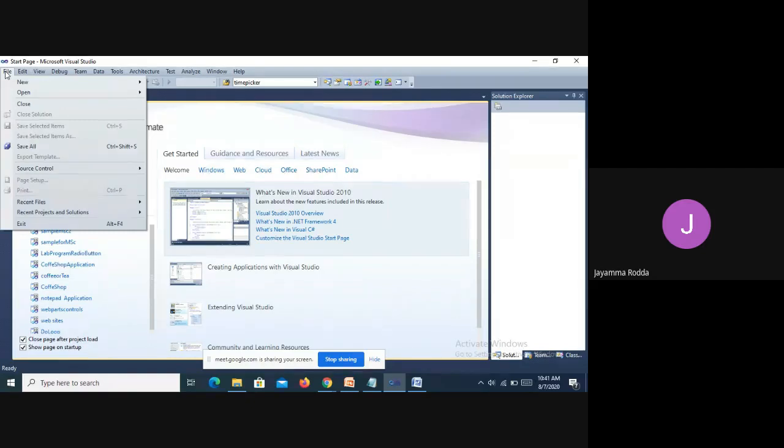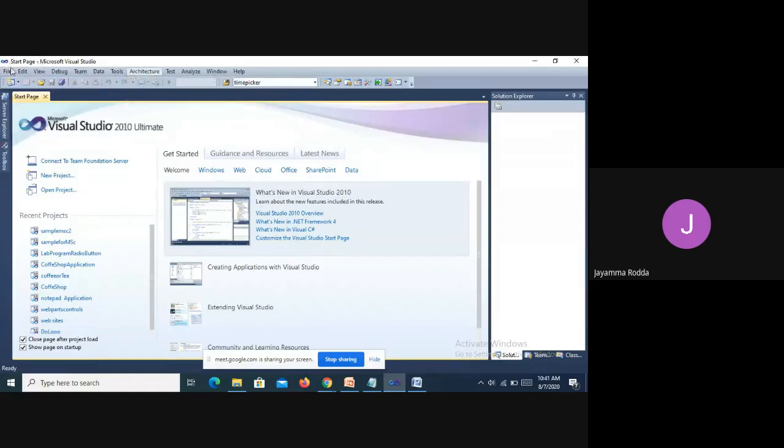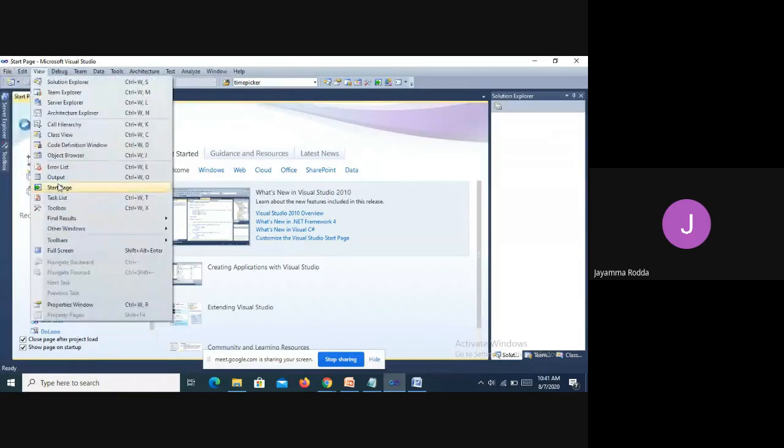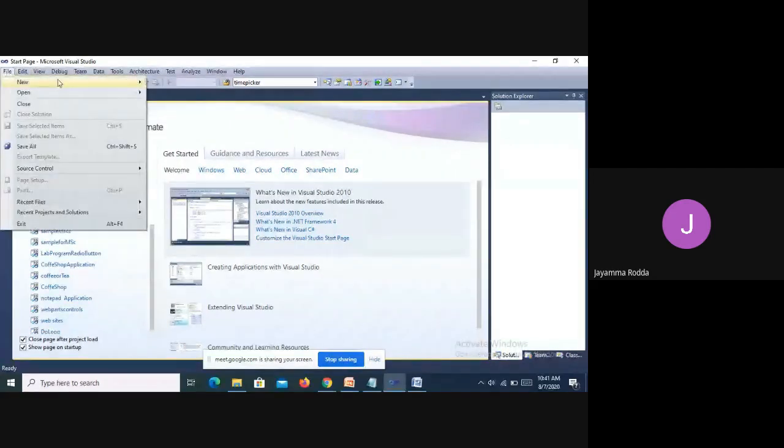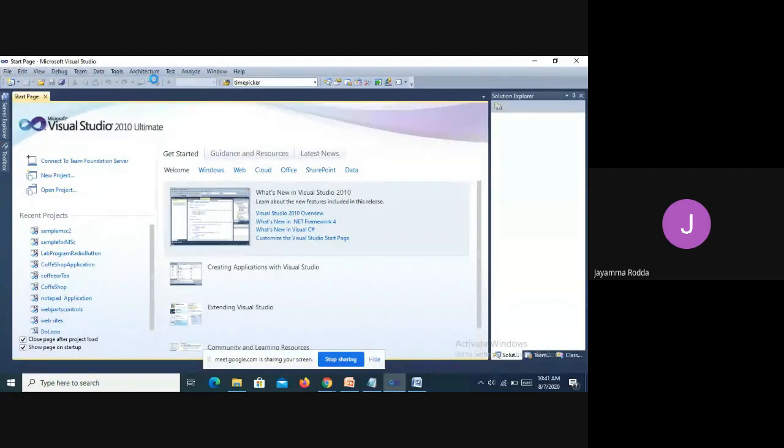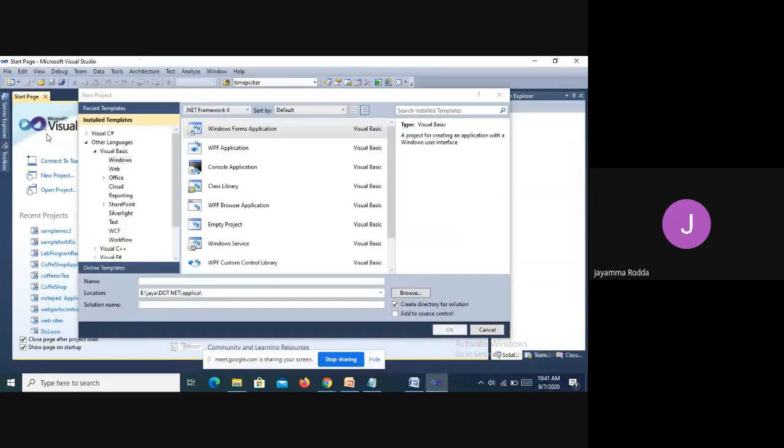From File, select New Project. This sequence of steps should be followed every time and mentioned in your programs every time you are asked to write a program. Okay, this is the best practice.